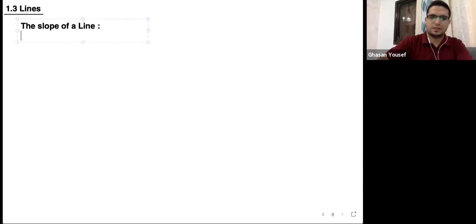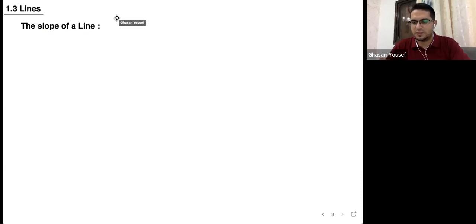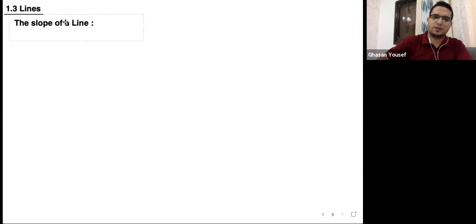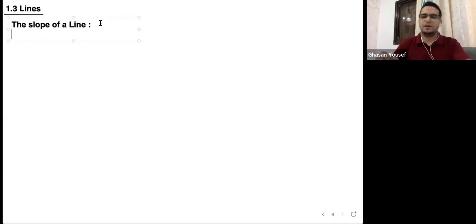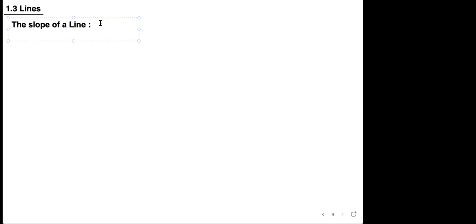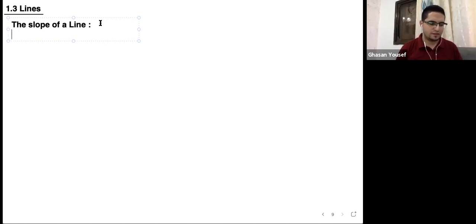Yes, exactly, Eric, he said the equation, this is the linear equation actually, y equals mx plus b. But we're going to start talking about the line. In the beginning, we're going to give the general idea about the slope. Then we go over the equation of the line, y equals mx plus b. And I will give you the definition of the line, the same like the circle, I gave the definition of the circle. I'm going to give the definition of the equation of the line. So a slope,